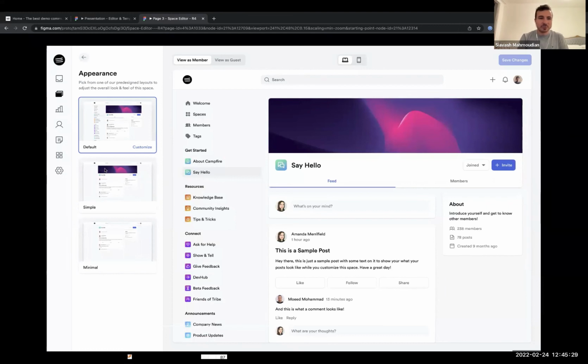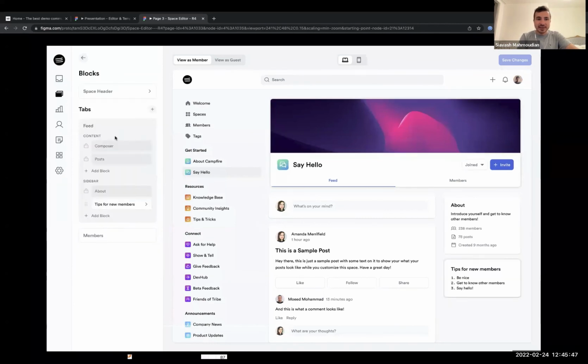In this example, one appearance does not have the sidebar, another one does not have a big header. So you can easily pick between this particular space template and the other appearances that we allow. But you can customize it further. I can easily click on this customize button. And in here, I see every single block that generated this particular space. And if I hover over the space header as an example, you see that it will be highlighted.